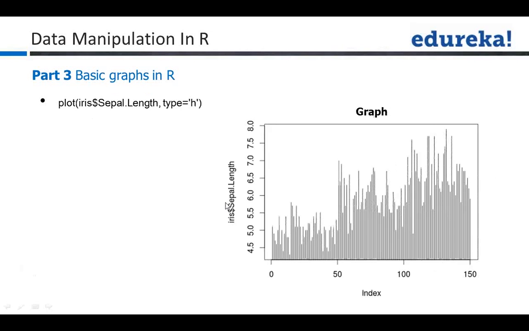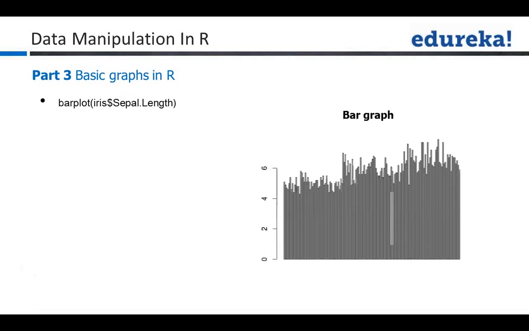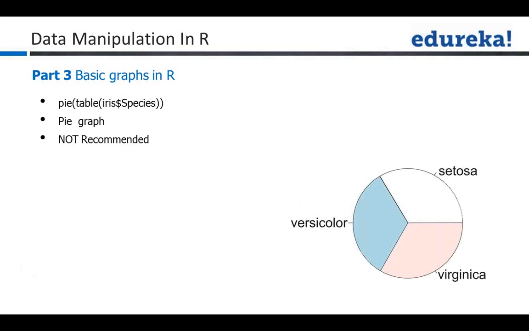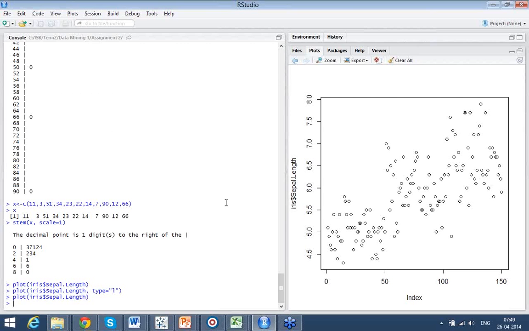Okay, this is your kind of a histogram. Looks very similar. It's a bar plot. And we know that we don't really want to see the pie chart too often. Pie is not the best way of visualization. But if you want to do it, there's a pie command in R, but you need to make a table for it. So there's a table command. If you just do table